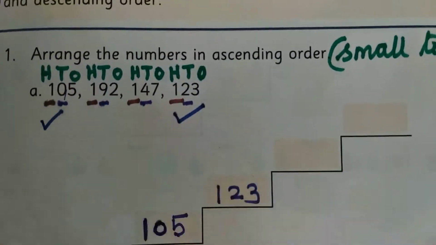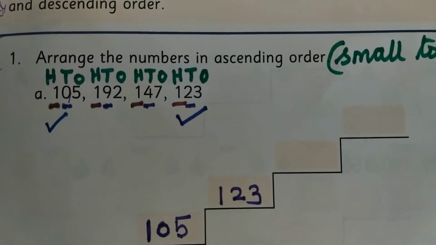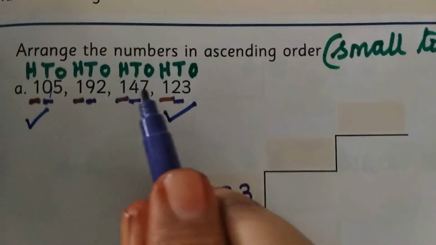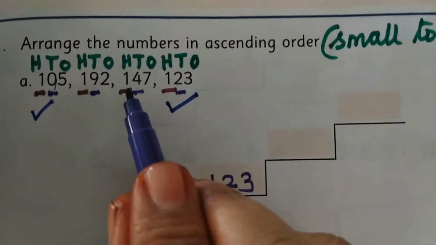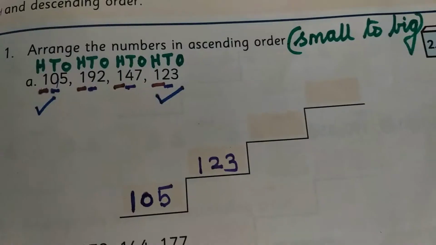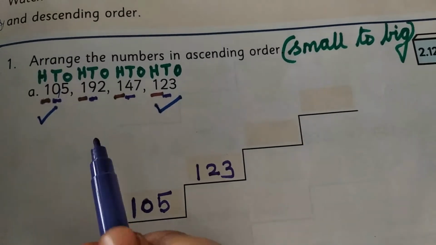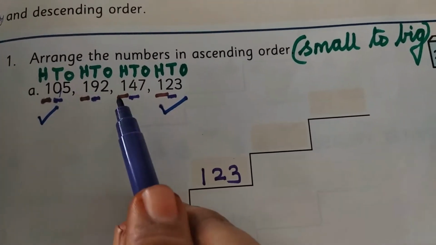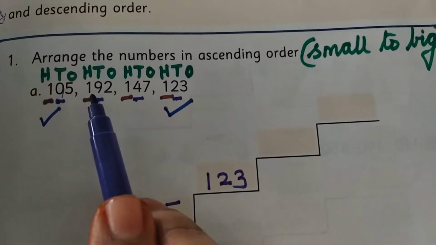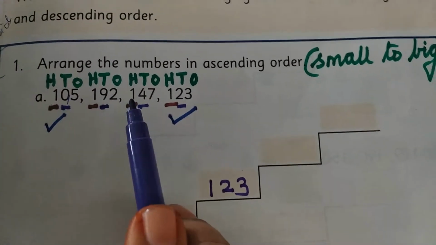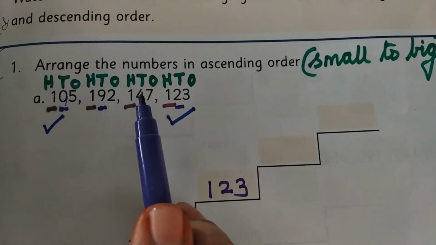Next you want to write the third number. See, out of these 2, which one is the smallest number? See here, 147. Out of these two numbers, which is the smallest number? So same way we want to first see the hundreds place. So same hundreds we have. Next we want to see the tens place.